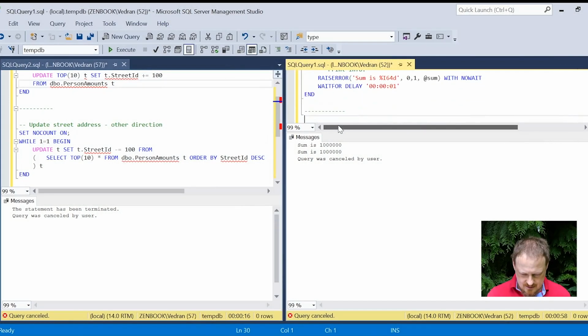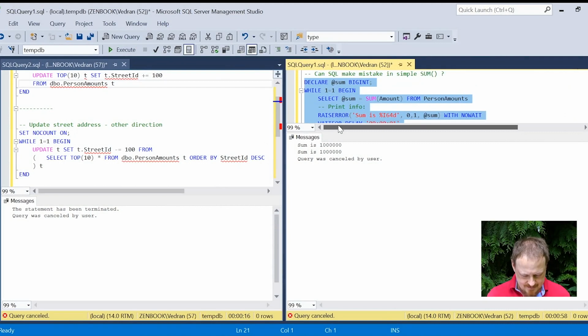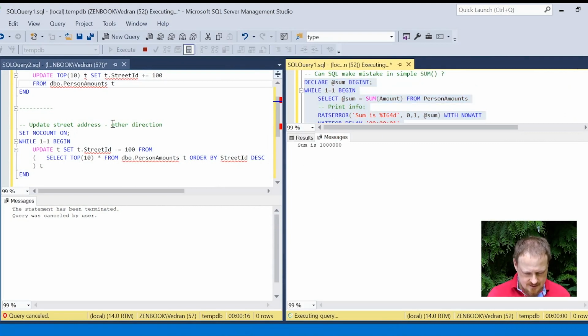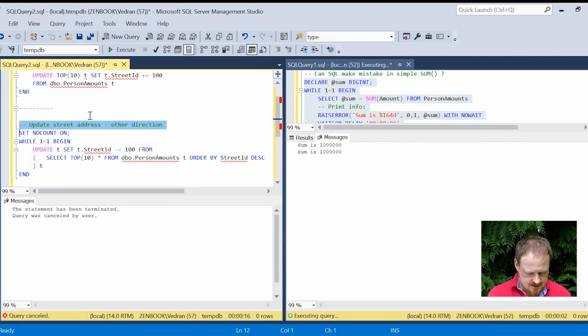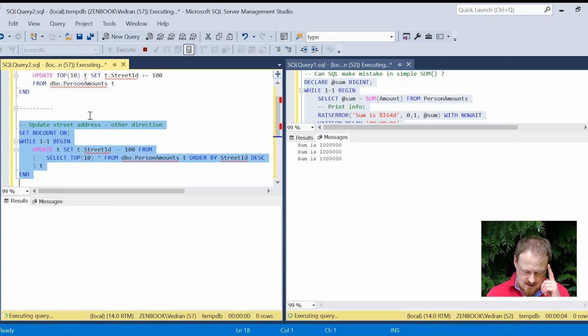So we want this loop. Okay, messages. So we need to update the address. Now we have less than 1 million. How can that be? Why does this happen?